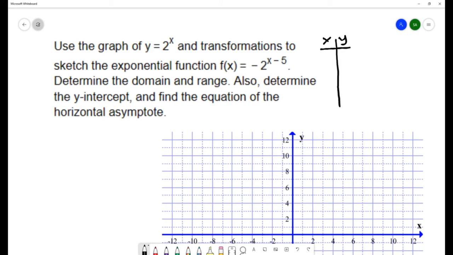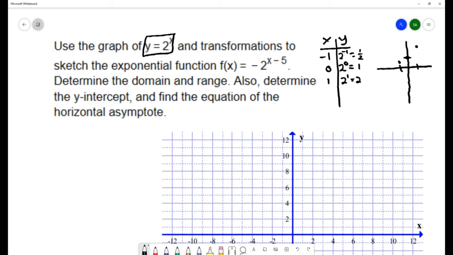And we're going to substitute in negative 1, 0, and 1. So when we substitute into y equals 2 to the x, that would give 2 to the first, 2 to the 0, and 2 to the negative 1. 2 to the first is 2, 2 to the 0 is 1, and 2 to the negative 1 is 1/2. That's the reciprocal of the base. So we've graphed a few of these before, and we know that we'll take these 3 points, (negative 1, 1/2), (0, 1), and (1, 2),